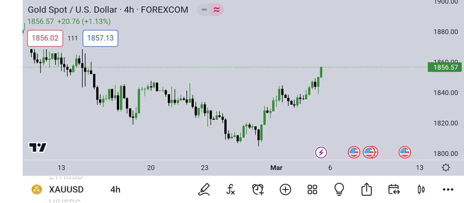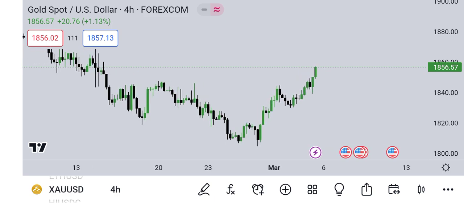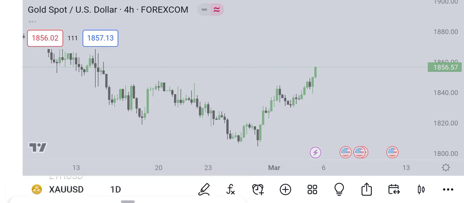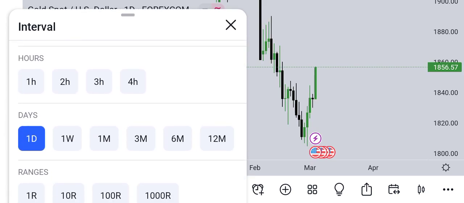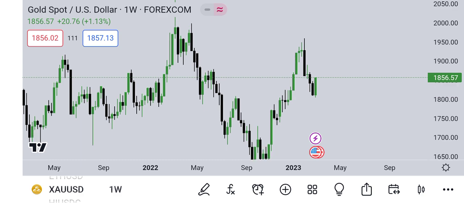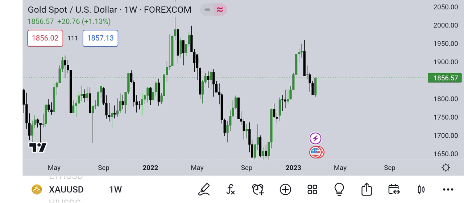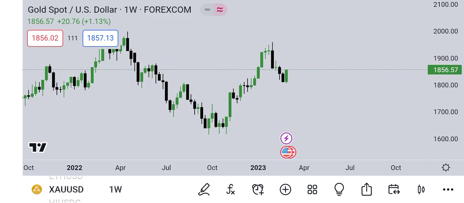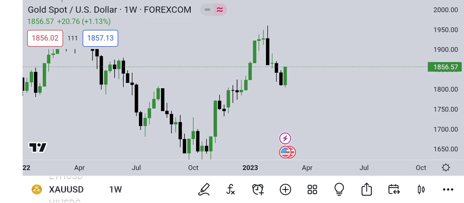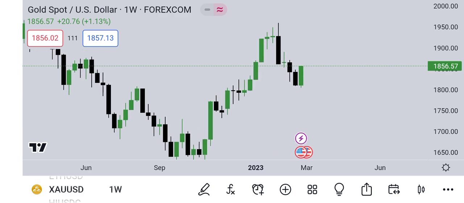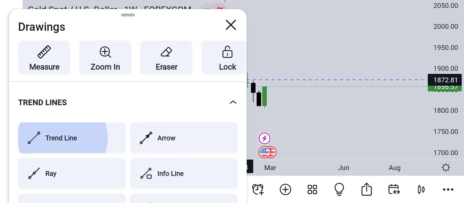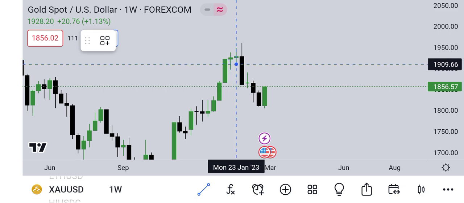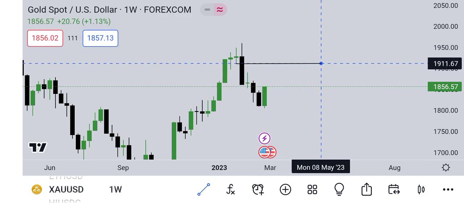I would actually be interested in gold. Okay. This is gold. Let me return to the daily time frame, or let's start from the weekly time frame. What am I expecting from gold? I'm expecting bearishness. I'm expecting the market to go bearish. Okay. If you look at this market now, you will obviously see a fair value gap here. That's a pretty nice fair value gap.